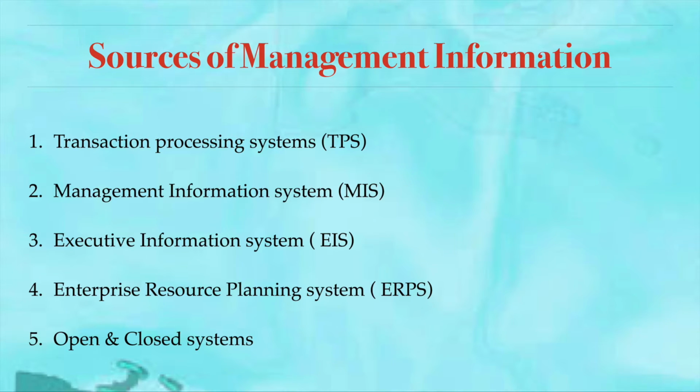Can I control my competitors' actions? Can I control my government or customers? No. But in a closed system, it is more flexible. Mostly it is fixed rules, but whenever an utter change is required, in terms of accounting methodology or the functions of departments or manufacturing processes, then it is definitely flexible in a closed system. So these are the 5 different sources of management information.